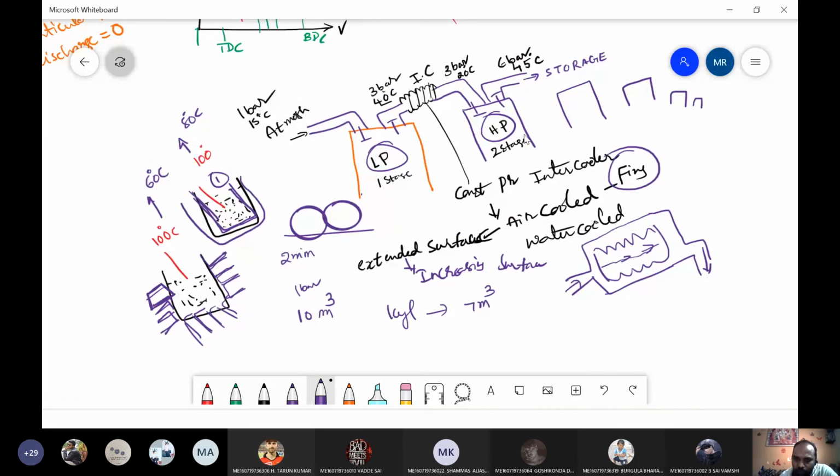Again, this 7 meter cube of air coming from the second stage may be 5 meter cube. In order to accommodate 5 meter cube of air, the size may be further decreased. Again, it may be 4 meter cube, 3 meter cube, 2 meter cube, like that. If the volume keeps on decreasing, to accommodate that lesser volume, a smaller cylinder size is required. Clear on this one? This point you need to remember. When the number of stages is increased, the size of the cylinders is in decreasing order. The size, in the sense, is the diameter of the cylinder.